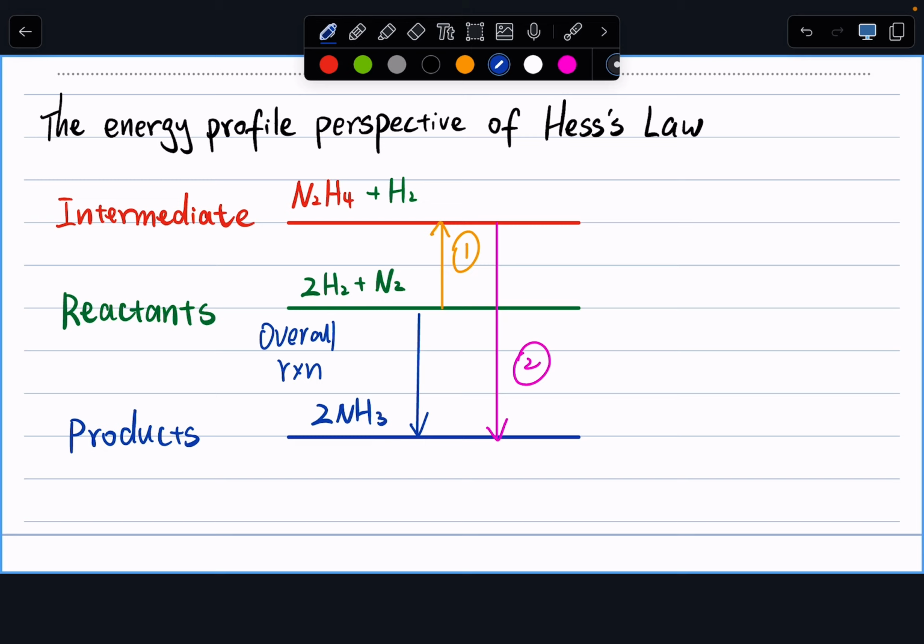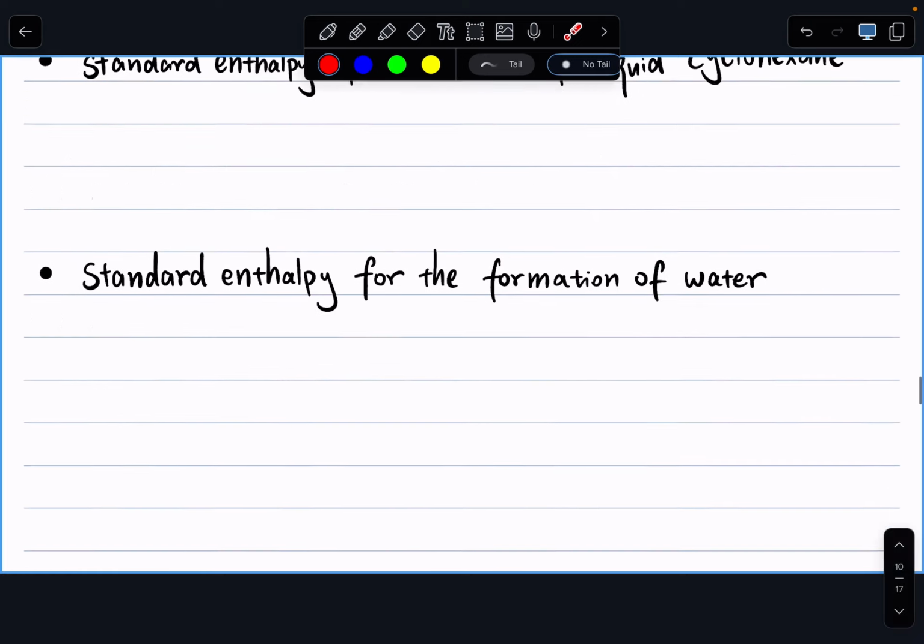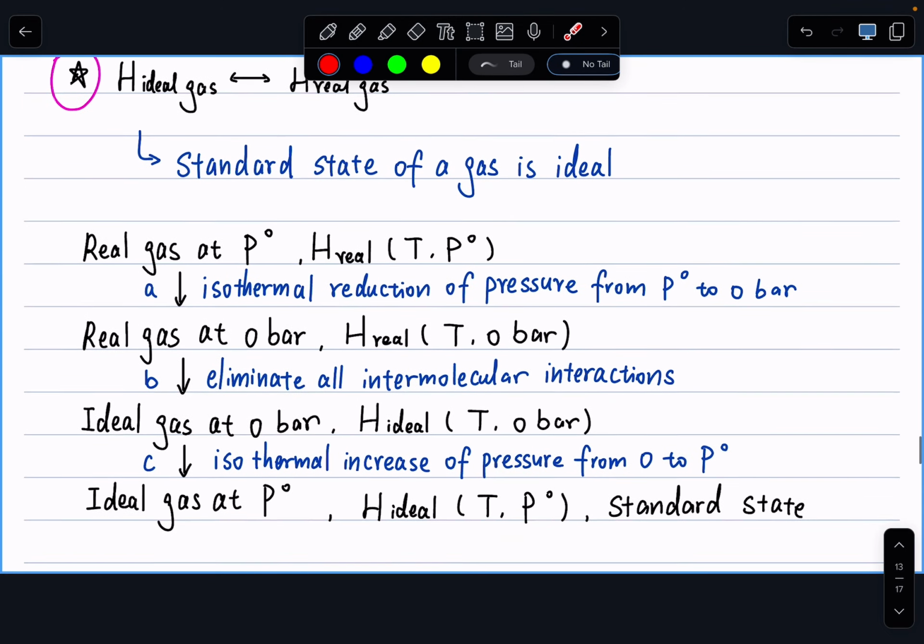All right. So in this part, when we say Hess's law, it's basically simplified to say whenever you have multi-step reactions, you can always build your overall reaction by looking at each elementary step that we can calculate their reaction energy. So here is one more practice problem to see if you can calculate the standard enthalpy of hydrogenation of liquid benzene. So I'll leave it for you to practice. You'll see that in our annotated notes you can check your answer. All right, next topic.